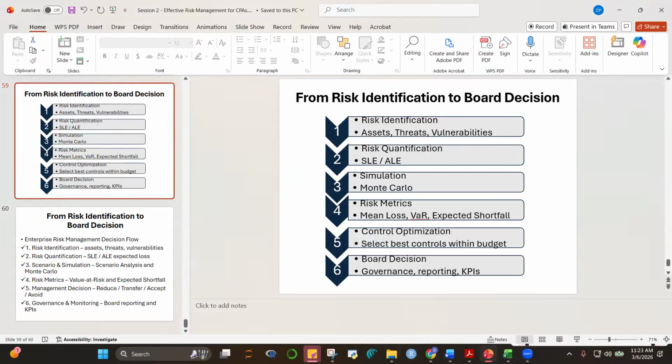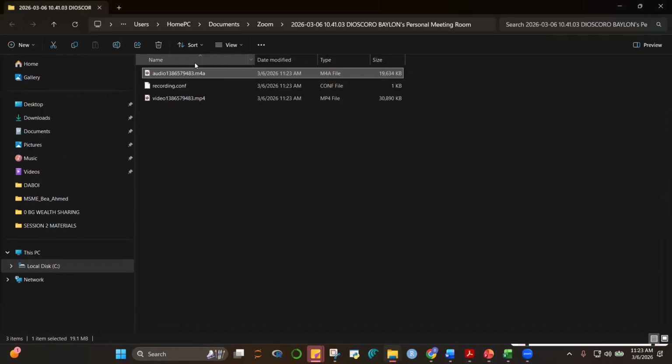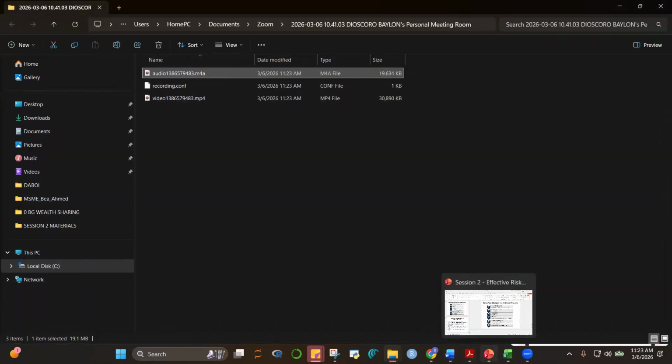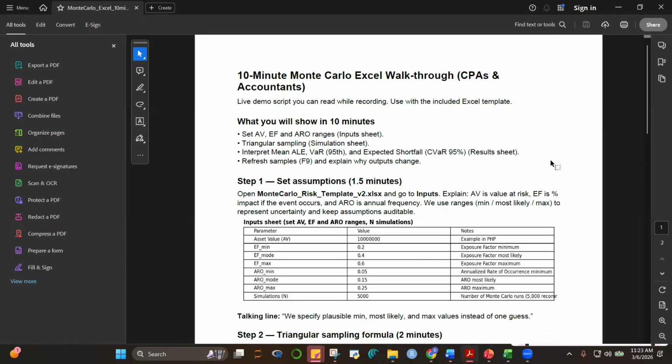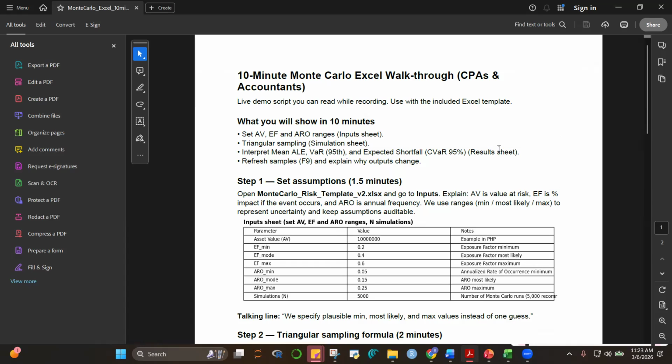Yeah, okay. I'll provide you a PDF file, this one. I'll provide you with this material. It summarizes the steps that you need to take. Okay, so don't just mind the 10-minute, no? It's just a walkthrough. But the process itself, I just wanted to time myself. Okay, so this will be a live demonstration of doing Monte Carlo simulation.